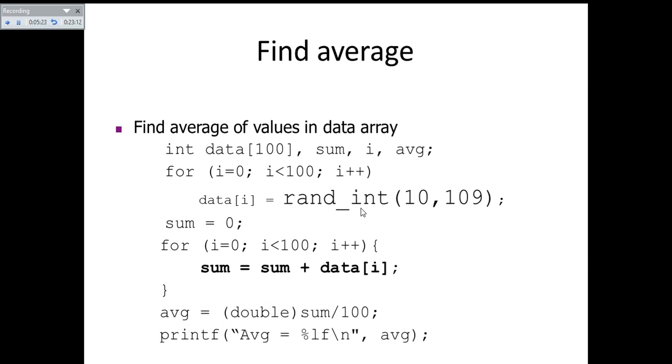That is how it got converted. And since the average is again an integer variable, the converted double sum is again converted implicitly into an integer variable. So average is an integer value. So you have to use printf average equal to percentage lf slash n comma average. So by this you can print the average of your array content.